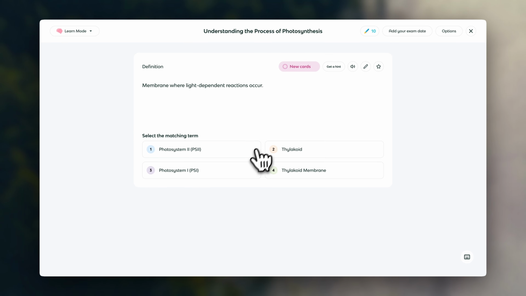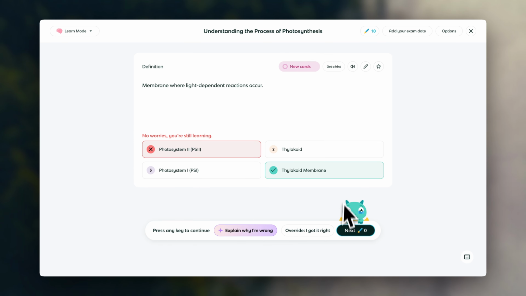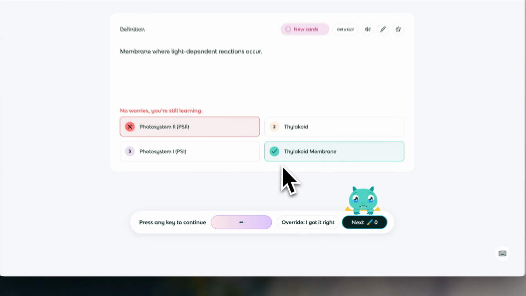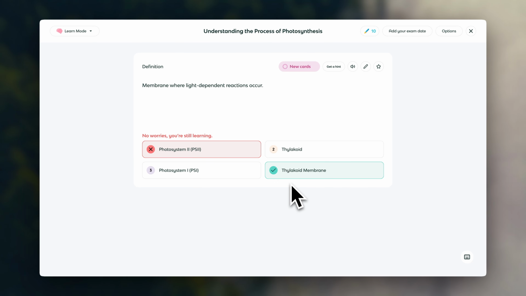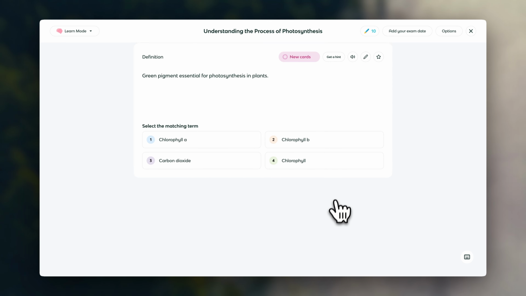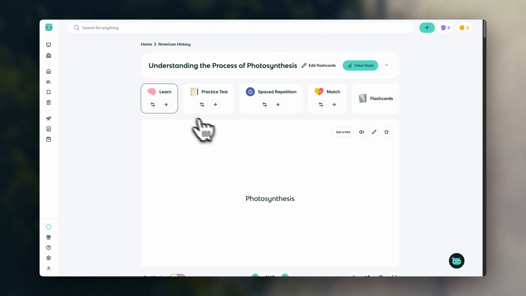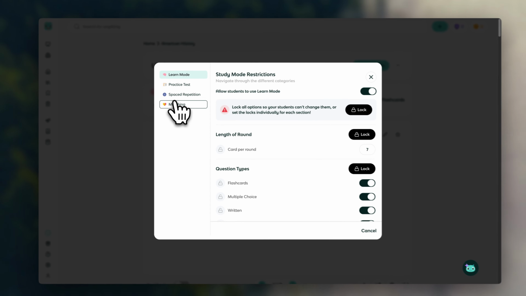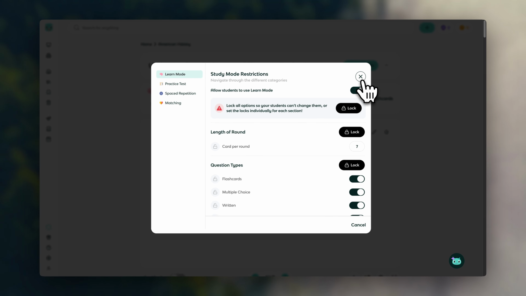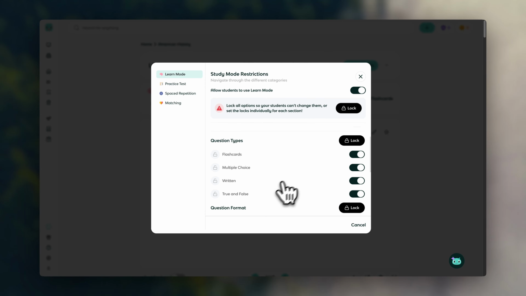So I'll go in here and just go through. I can answer questions. I can even ask for an explanation when I get something wrong. And you can see how quick it is to go through and learn right inside Knowt. One of the other benefits of Knowt also is that you can actually set study restrictions. So the same options that you just saw me see as a student, I can actually go and change and